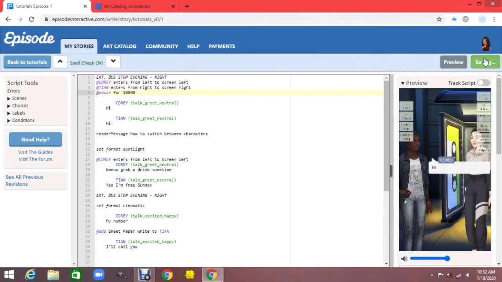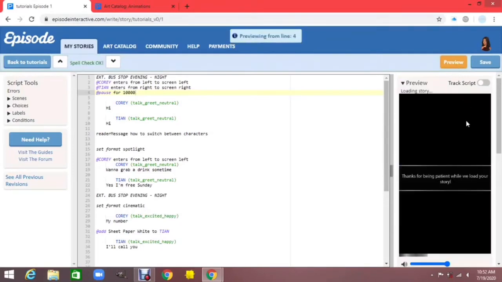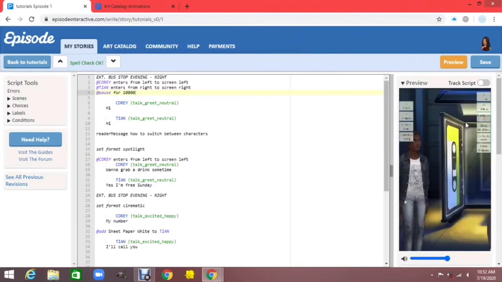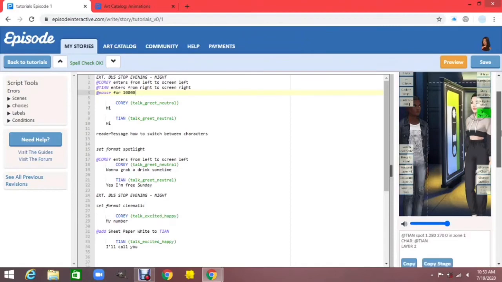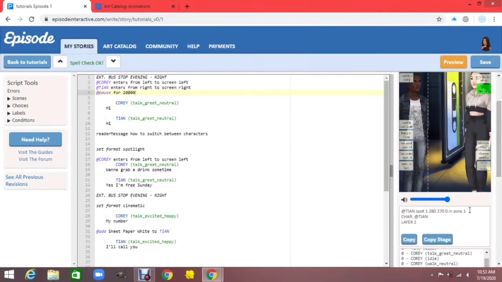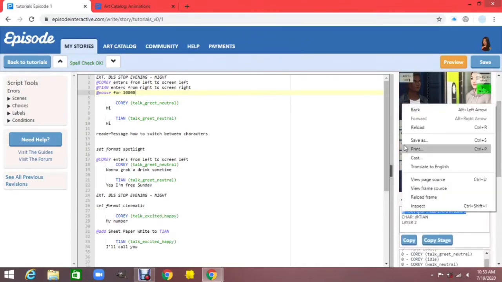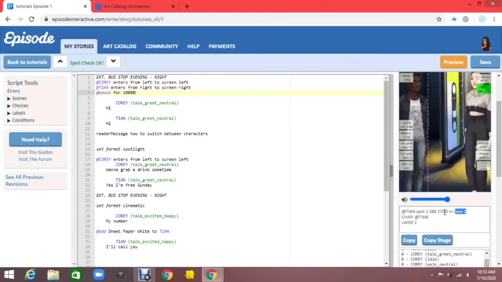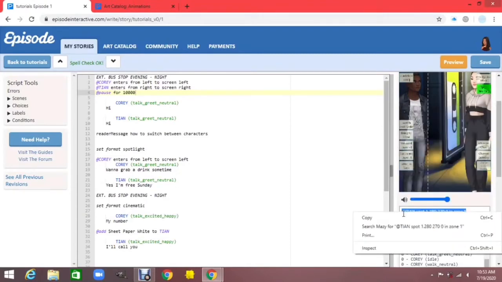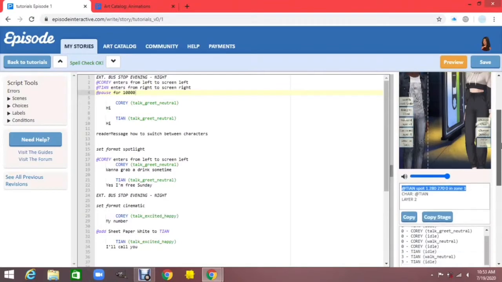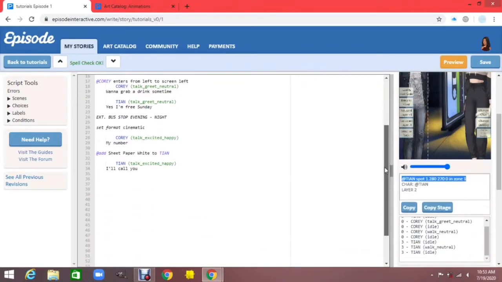We're not going to be using this in the script. It's just so you can get the right coordinates that you want. I'm just using this to copy the coordinates, because whenever you do that, the script doesn't go on unless you remove it. And that's really helpful if you need to get a certain spot, say you have an overlay you want to put in a certain spot. Definitely use that to copy and paste it into the script. But remember to delete at pause for 1000, or whatever